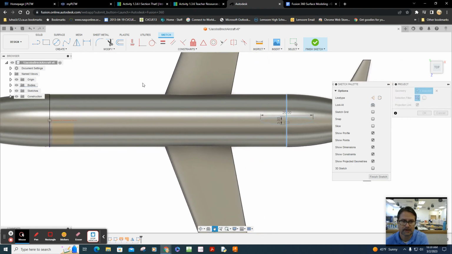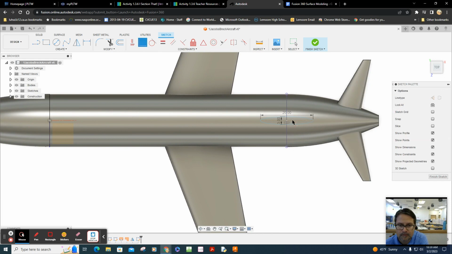Let's give it a shot here. Let's go to constraint. Let's pick the point and the edge. And let's pick the point again and this axis. Perfect. Let's finish the sketch.